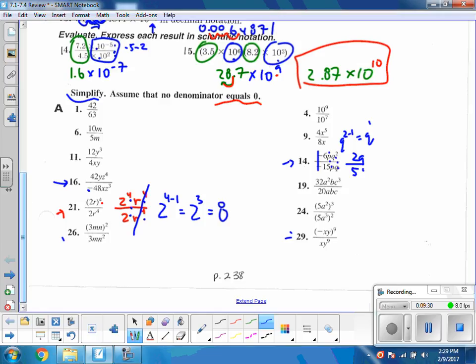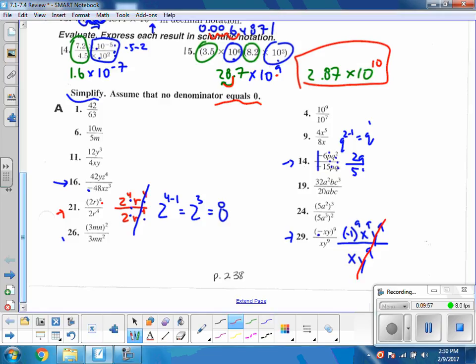At 29, a little interesting. Now this actually does have a coefficient. It's showing up right there as a -1. Okay, and that 9 is going to be distributed to all the pieces here. So technically that right here, so that's like a -1 to the 9th, x to the 9th, y to the 9th, all over x, y to the 9th. And these y's will go away because 9